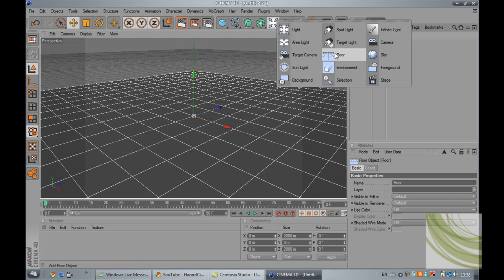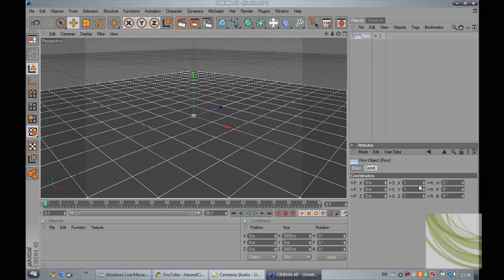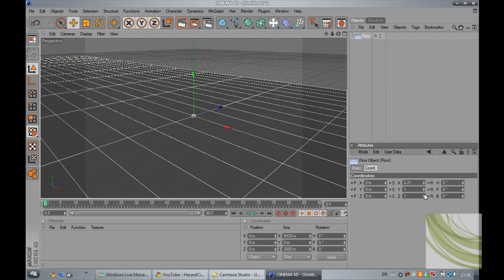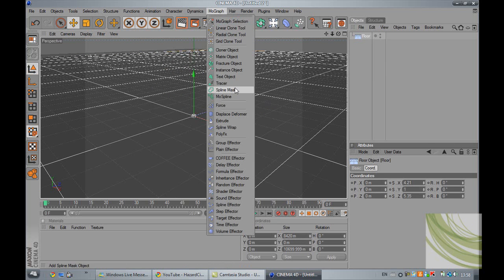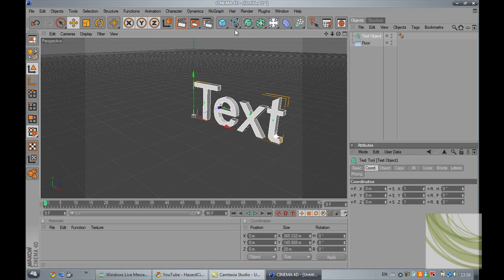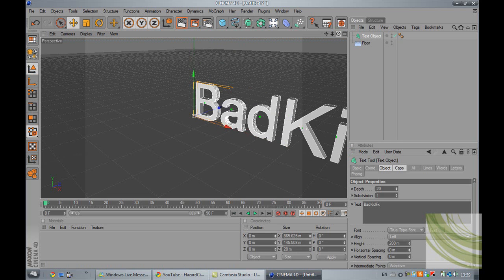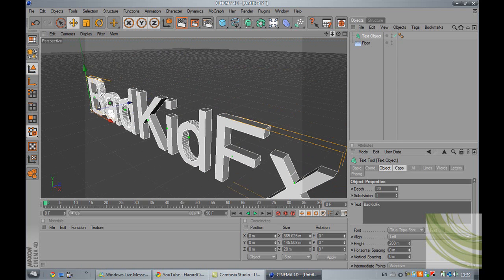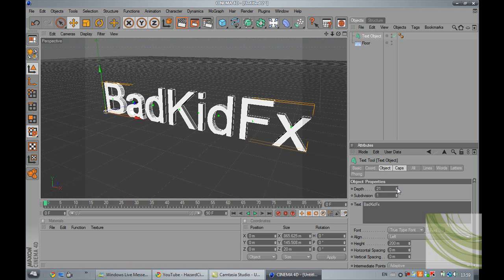So the first thing you add in is your floor, and I have one here already. You want to go down to your coordinates and make it bigger on the X and Z axis. Now you want to add in a text object from MoGraph, and you can put in whatever you want. I'm going to put in Bad Kid of X. I'm going to bring that down there. I'm going to put the depth up to about 40,